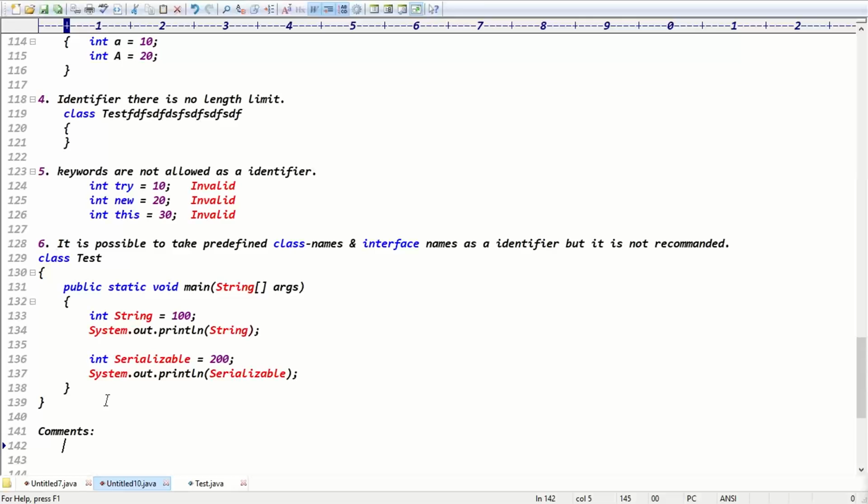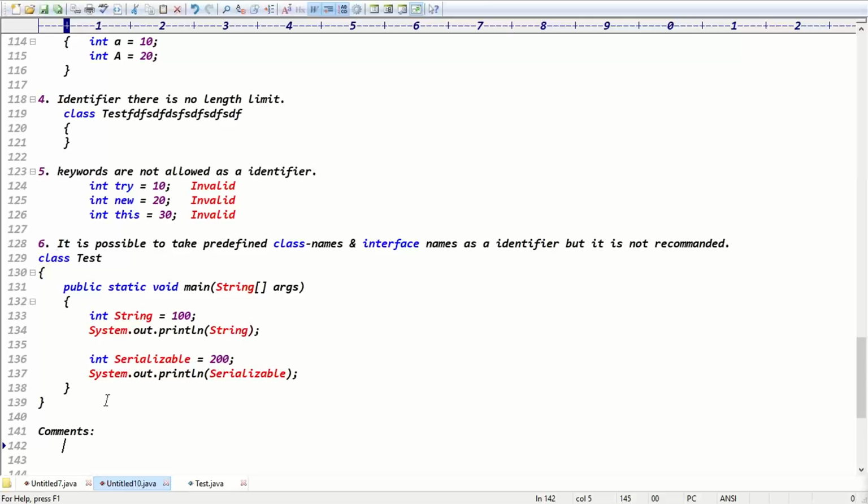After 1 month or 2 months, if I resign from the company, that code has to be maintained by some other person. If I write proper comments, the other person is able to understand. If I didn't write proper comments, is the other person able to understand my code? Definitely not. We are not permanent to the company, but the code is permanent. That's why when you write the code, you should add proper comments.